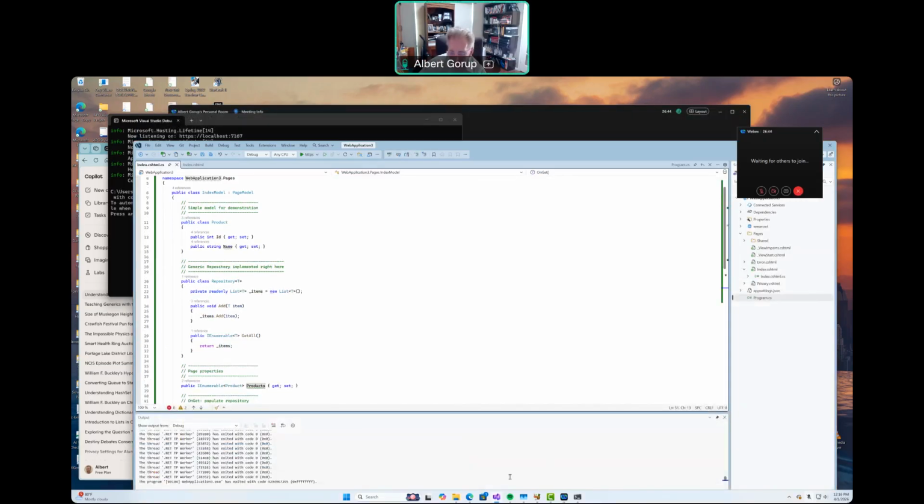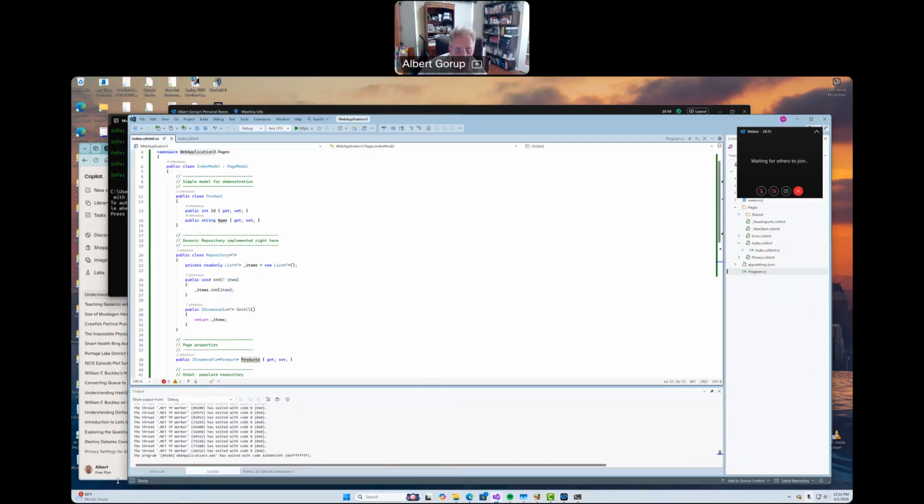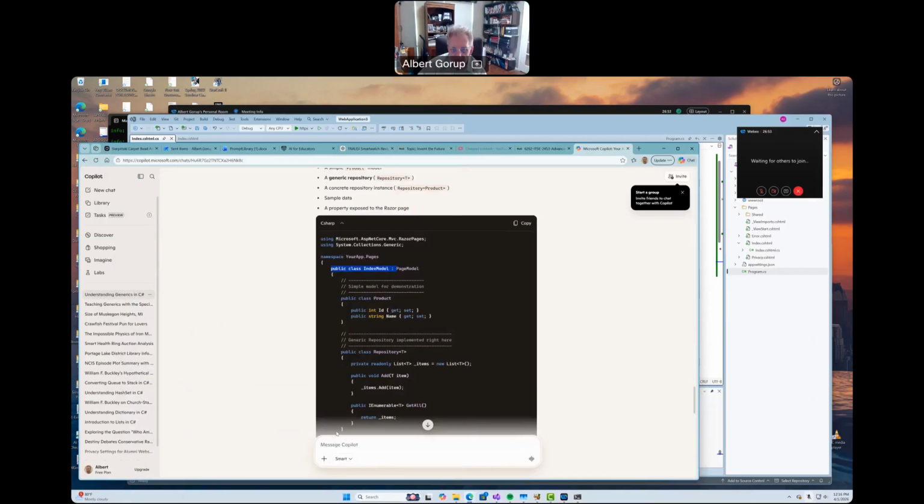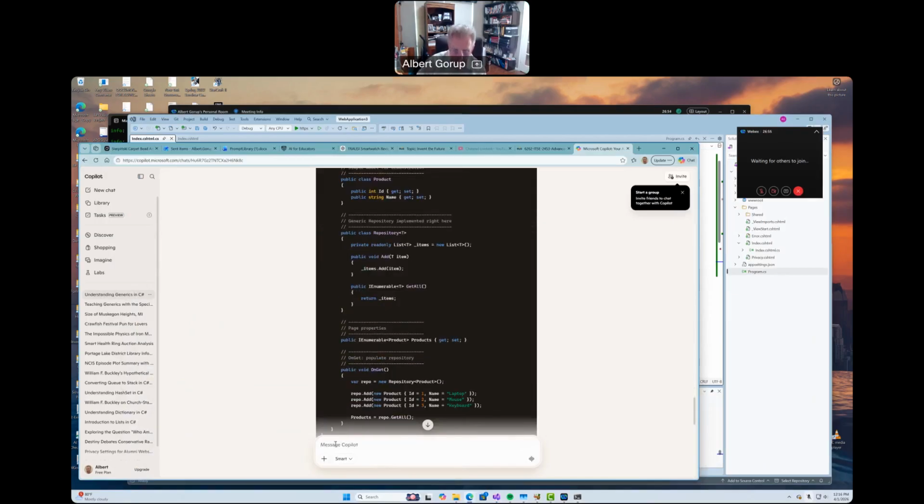So let's query our LLM a little bit more. What other methods are typical for a repository that a student should know?